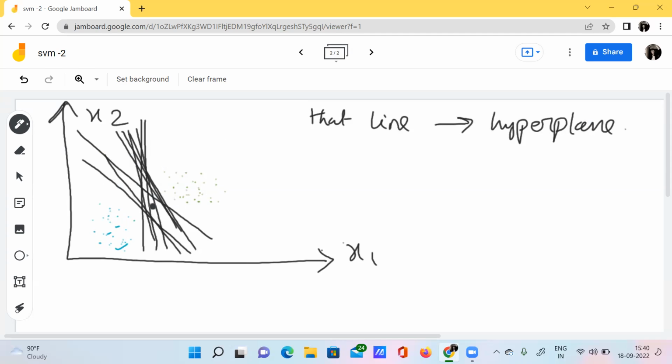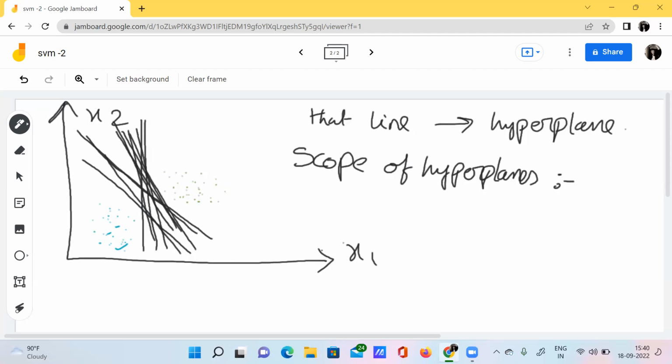See here, there is a lot of gap between these two categories. So we can form an infinite number of hyperplanes with which we can separate all this data, these two categories. So what is the scope of drawing hyperplanes here?